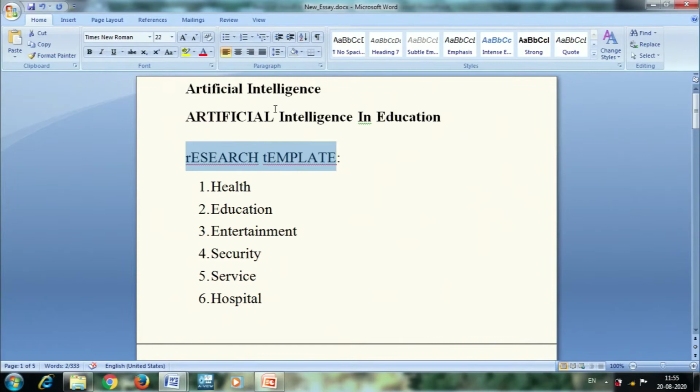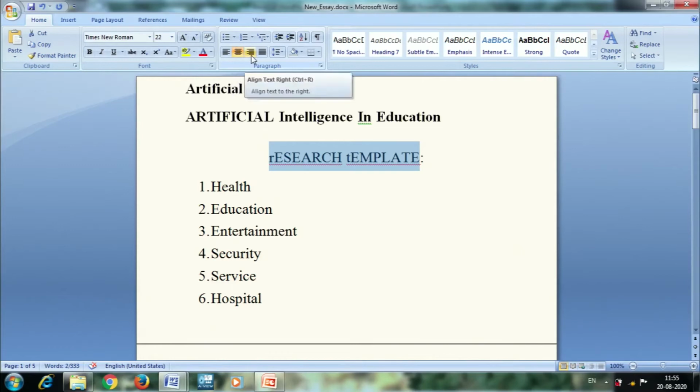So, it reversed the format. So, you can do the simple formatting of your document content. Suppose I want to align this content in center, I can choose the alignment. There are generally 4 alignments: this is left alignment, this is center alignment, this is right alignment and this is justify alignment. And for each alignment, you can also use shortcut keys.